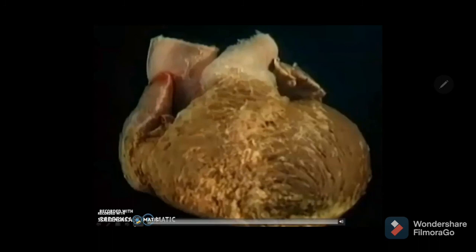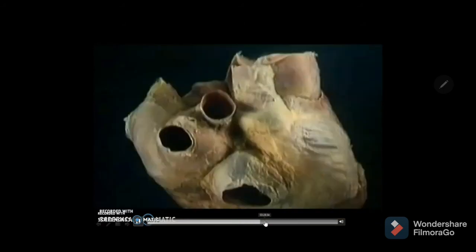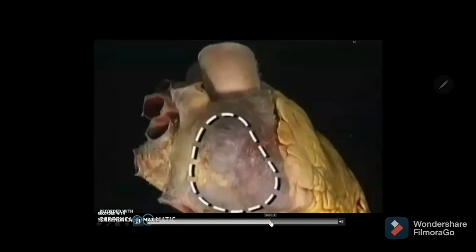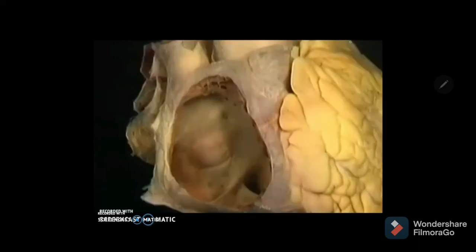So again you are just noticing the parts here. Let us see the interior of the right atrium in the specimen. We are going to cut along this part. If you cut along the anterior wall of the right atrium, you can see in the interior what you are noticing, the septal valve and posterior smooth part, and you can see the opening of the coronary sinus there.